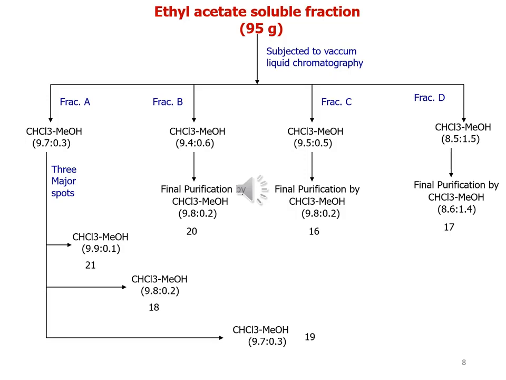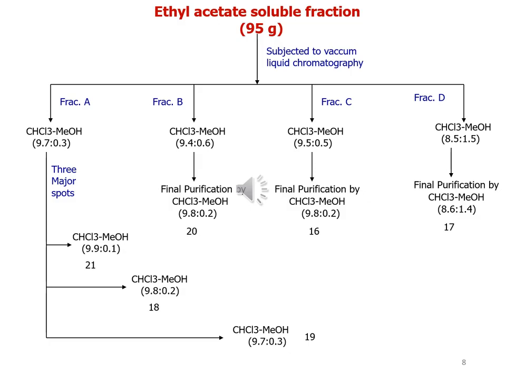Fraction B is subjected to column chromatography over silica gel, eluting with 9.4 and 0.6% chloroform-methanol. In this way, after final purification, we get compound number 20. The purity of this compound is confirmed by using thin layer chromatography in the organic solvent system, that is 9.8 and 0.2%